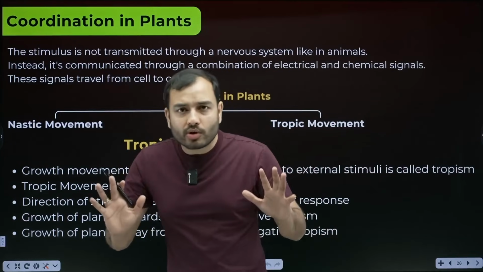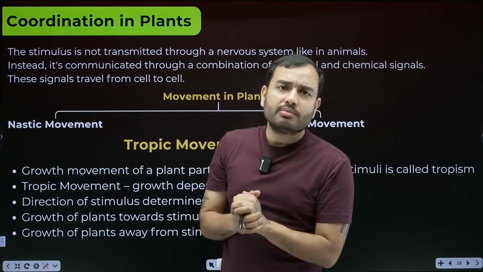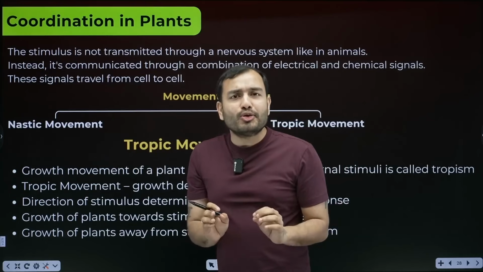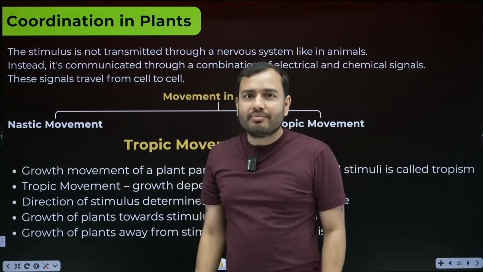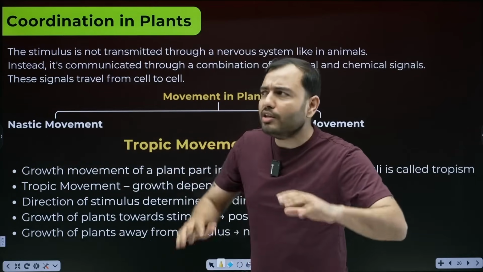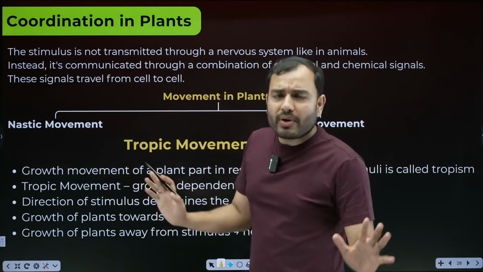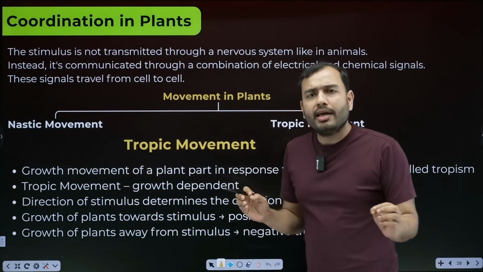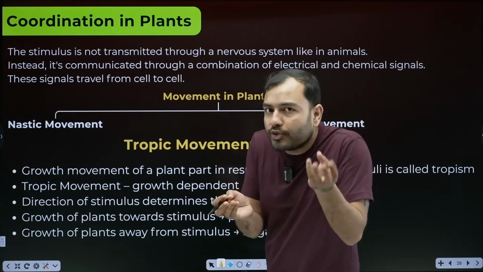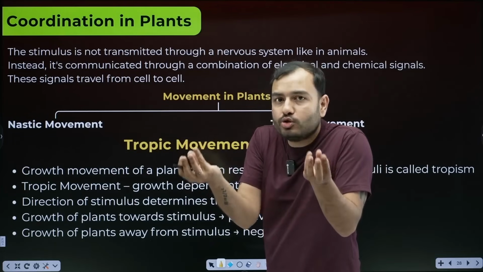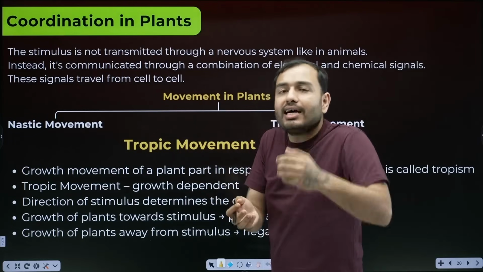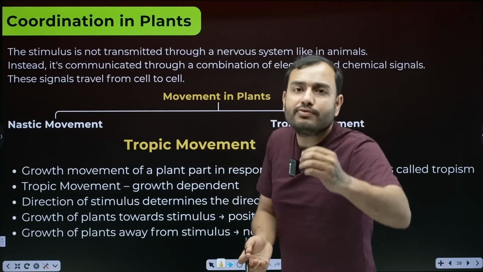So the story of animals is over. Now we will understand coordination inside plants. It's very simple. Why? Because plants don't have to move around much at all. That's why plants don't have any nervous system. The message is communicated inside plants too. How does it happen? It's a mix of chemical and electric impulses, both mixed. How does the signal travel? It's transferred from cell to cell.